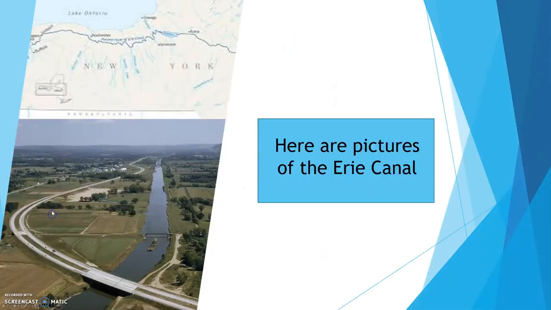So here's a picture of the Erie Canal just so you can see what they were wanting to do. They were wanting to connect Lake Erie to the Hudson, so to New York basically. So you have all these farmers out here who are either manufacturing things or farming things, and they wanted to transport it and be able to ship it to New York. So that's going to be the easiest route they take, and it takes a while to make, and it's very expensive, but it winds up being huge to contribute to the U.S. as we see it today.